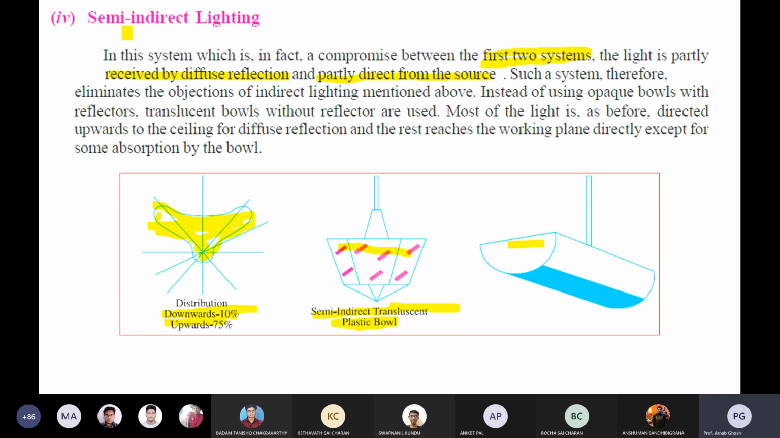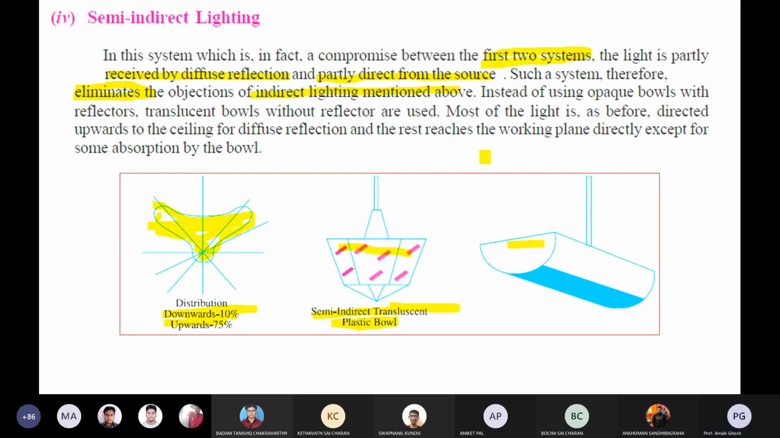First one was direct, second one was indirect. Now you are changing the percentage of combining both the lights. How much you want to get downwards and upwards, mix up both of them. Such a system therefore eliminates the objections of the indirect lighting mentioned above. Instead of using opaque bowls with reflectors, translucent bowls without reflectors are used. Reflectors are not directly used, so you are using the lamp directly. Most of the light is as before